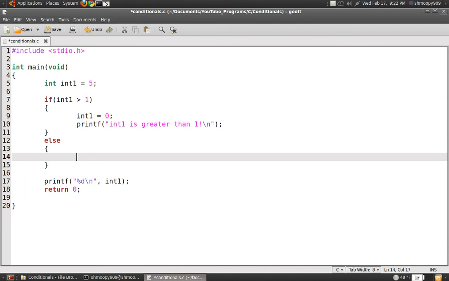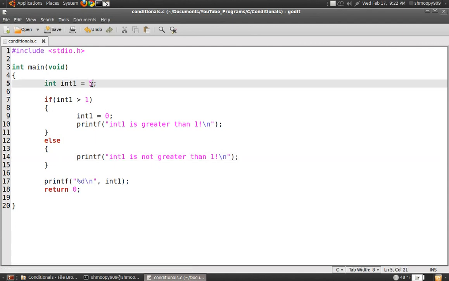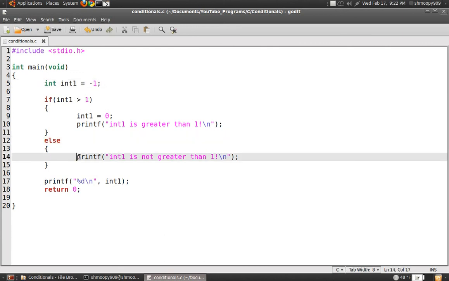If it's not greater than 1, then we can say printf int1 is not greater than 1. So let's make int1 negative 1. So this will go here and say negative 1 is greater than 1. No, it's not. It'll jump to the else and execute this line of